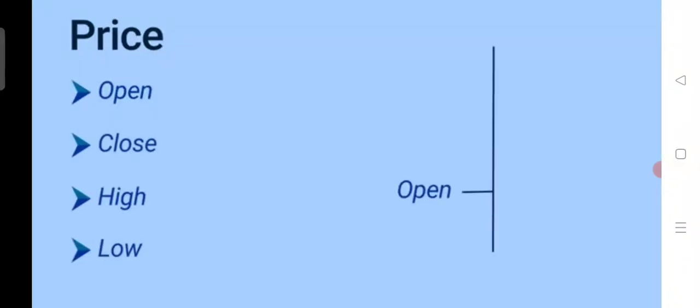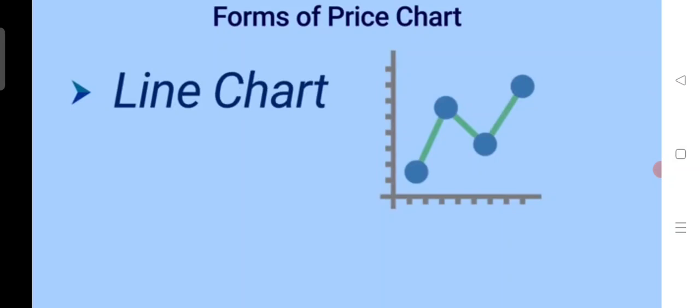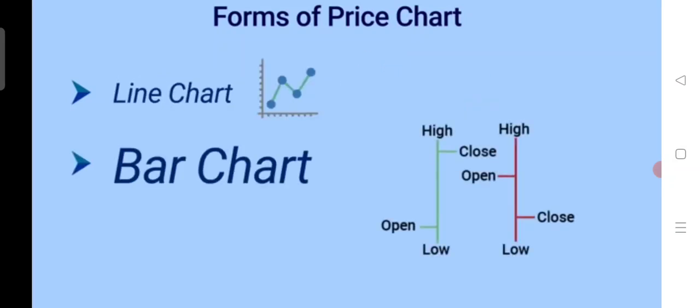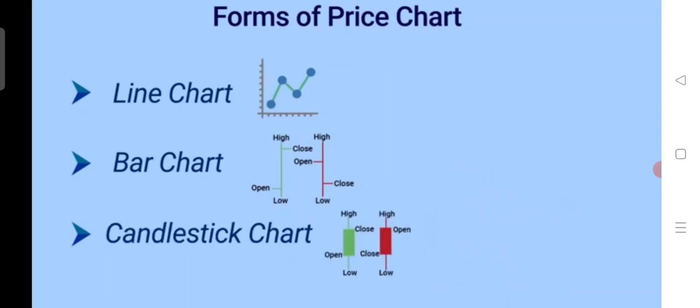Four most important aspects of the price of any particular time interval are the opening price, the closing price, and the intermediary high and low. So we mainly, or most popularly, represent this information in three forms. First is the line chart, the second is the bar chart, and third is the candlestick chart. There are many other ways, but these three are the most popular. So let us begin with the easiest, or the simplest, way of representing the price. Let us start with the line chart.